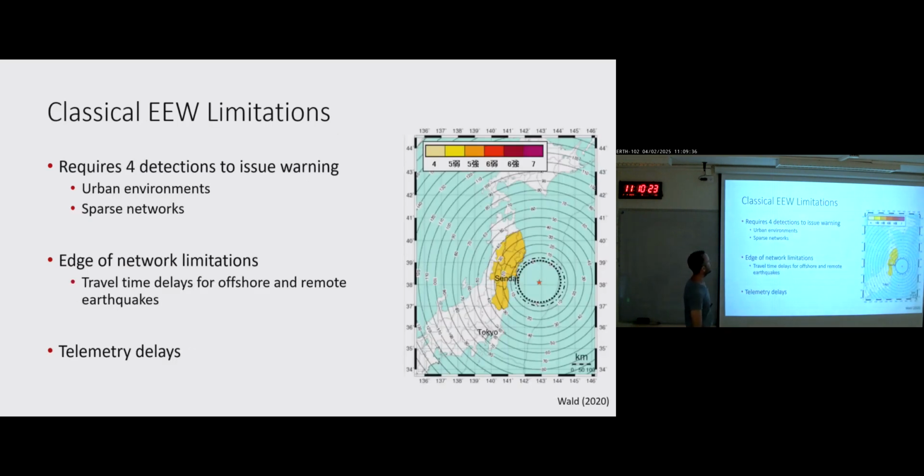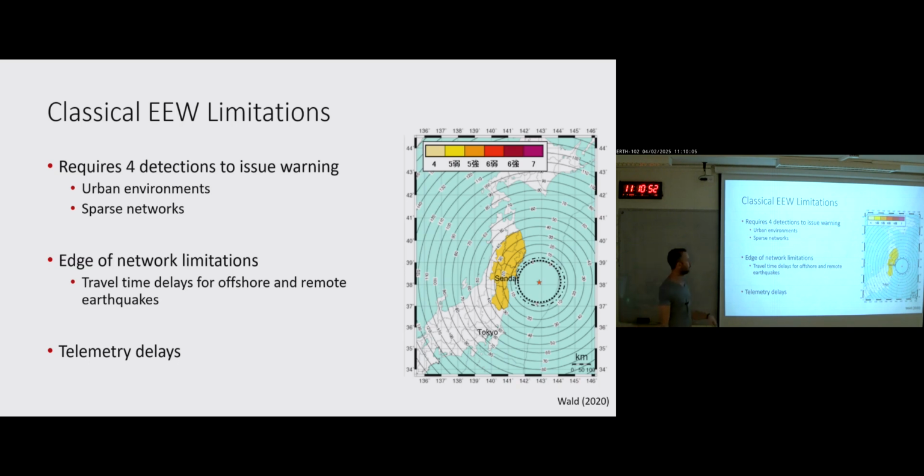There are a few limitations to the classic approach of using seismometers for early warning. First of all, we require at least 4 detections, 4 different stations, to detect an earthquake in a limited time to be sure that it's actually an earthquake and not some anthropogenic noise. And this is a problem for urban environments with a lot of anthropogenic noise and for sparse networks where we don't have many sensors and it takes a lot of time for the seismic waves to reach the 4th closest